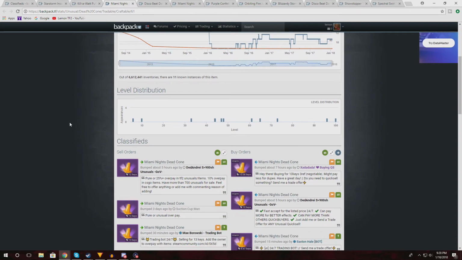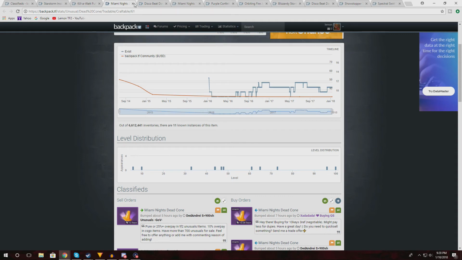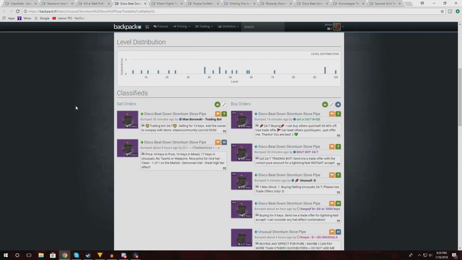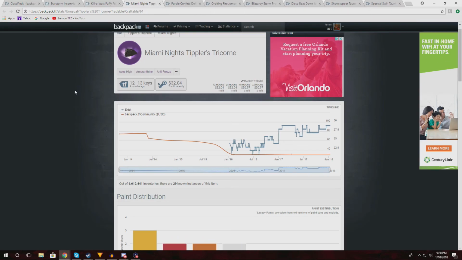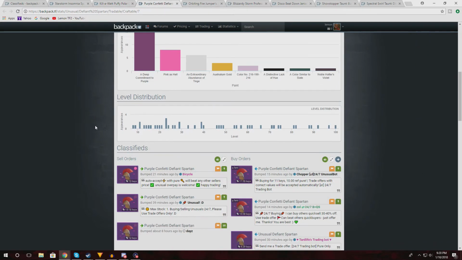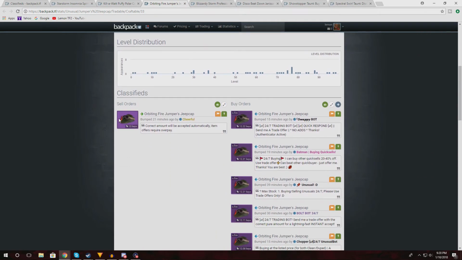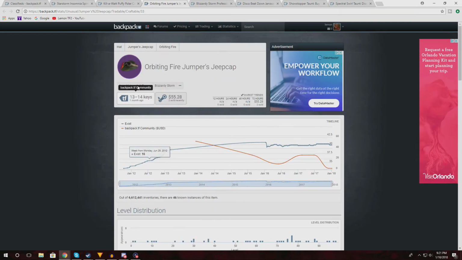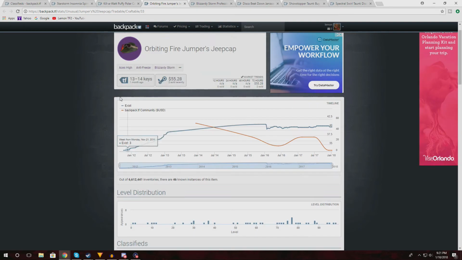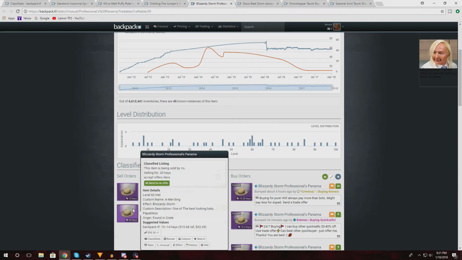Miami Nights Dead Cone. Only 11 known instances. There's 2 sellers at 12 keys, so not gonna buy that. 13 keys and 14 keys. 11 keys and 13 keys. Looks like, oh wait, no, I opened some of these as well. Yeah, not gonna invest in that. And this one I think looks really nice, and it's only got 1 seller, so that could be worth investing in. 13 keys and 20 keys, that's interesting. I think this guy could be just overpricing it, but